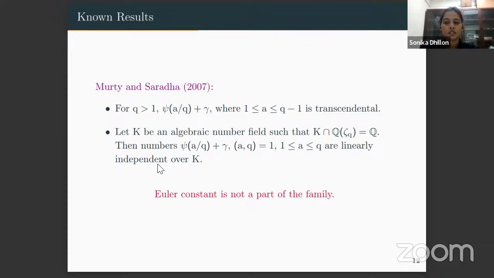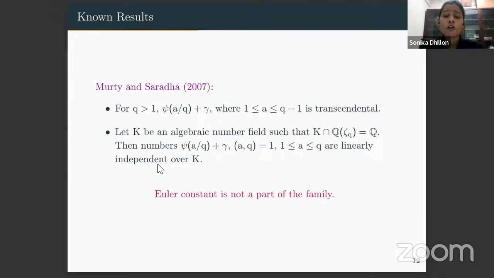Then you can define a Dirichlet type function that satisfies the conditions in the Baker-Birch-Wüstholz theorem, and define that function f such that f of a is equal to c_a. Then the Baker-Birch-Wüstholz theorem says that this series sum can never be zero. And hence, since the series sum can be written in terms of the digamma values by using the theorem of Murty and Saradha, this sum can never be zero, and hence these are linearly independent over the field K. So that follows from the Baker-Birch-Wüstholz theorem.